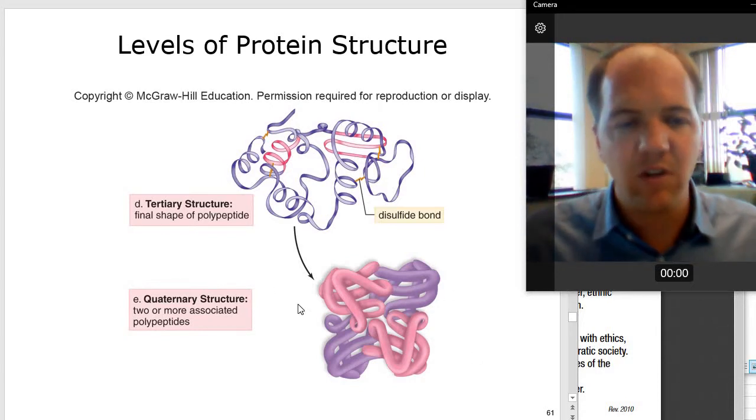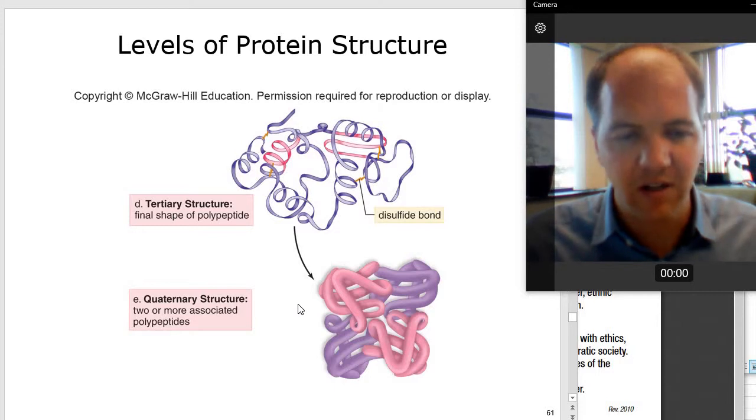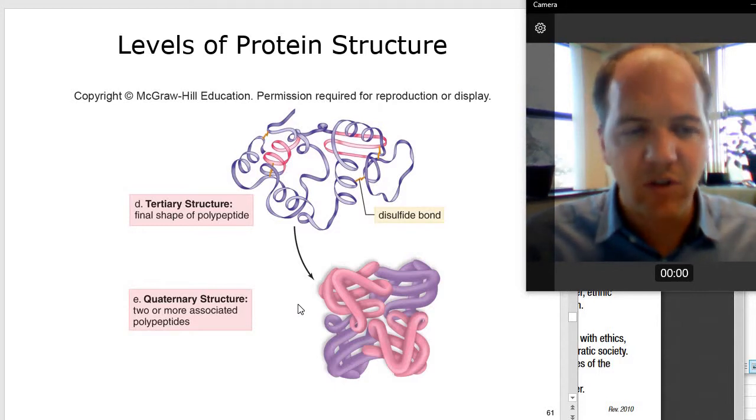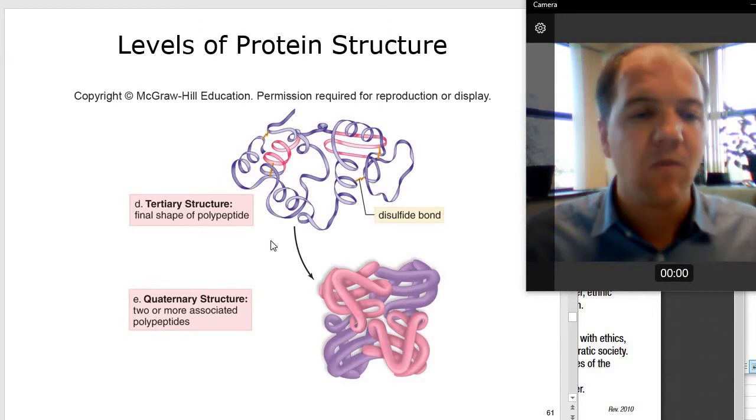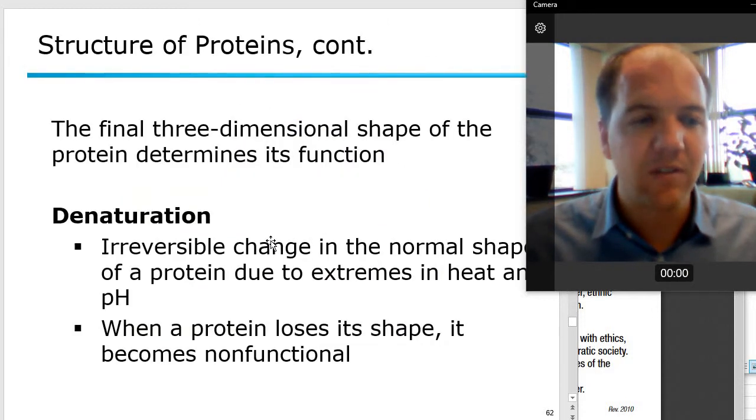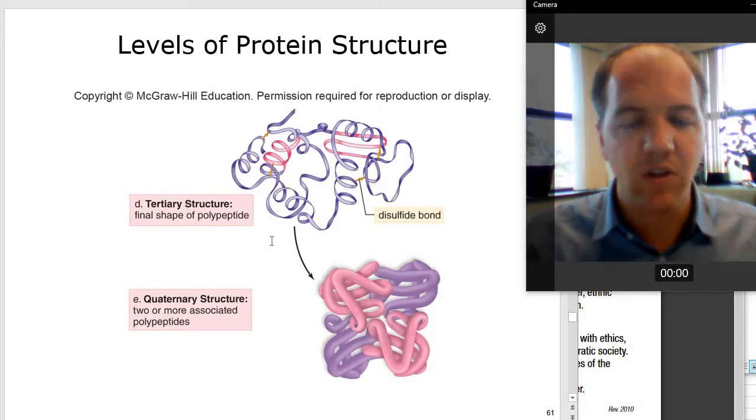Just something to mention here is that not all proteins have all four levels. Some proteins are just secondary structures, such as our hair. Some have tertiary structure, and then some have quaternary structures, such as hemoglobin. But to drive home this idea of structure equals function,